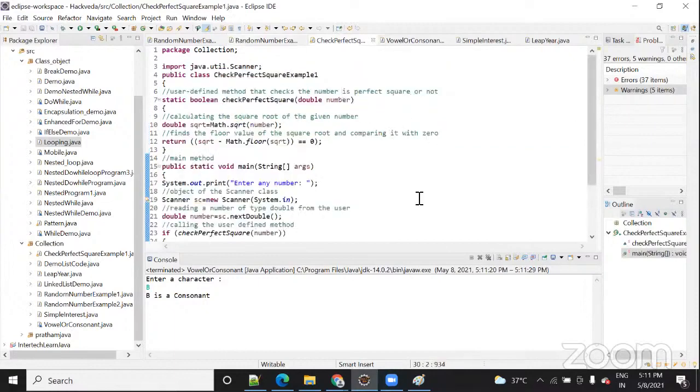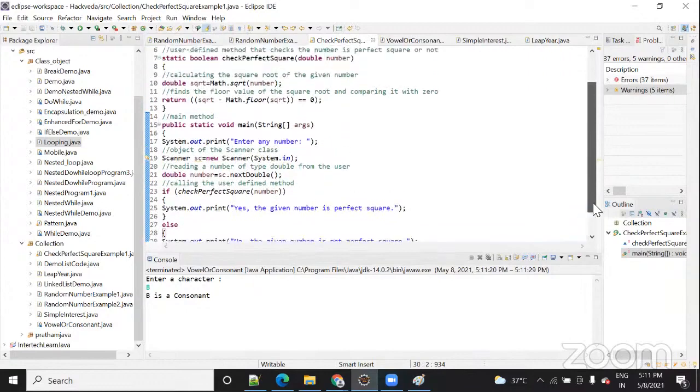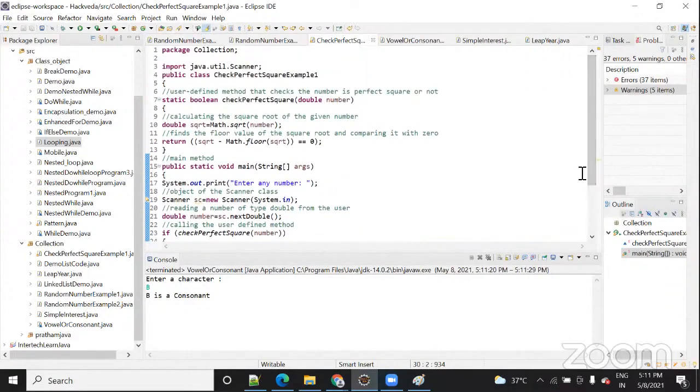This was again one program which is based on perfect square. You know perfect square, what is that? Perfect square means when you multiply the same number by itself, you get that value. Like, I know that, but that is a square number, not a perfect square. Let me give you an example.